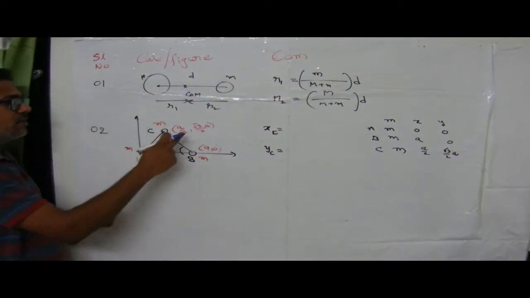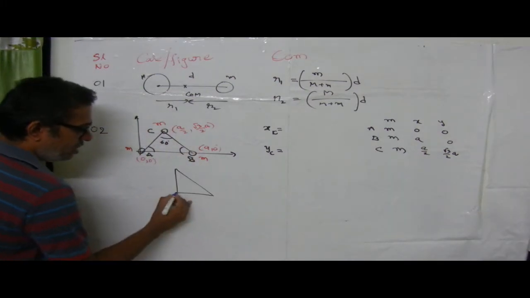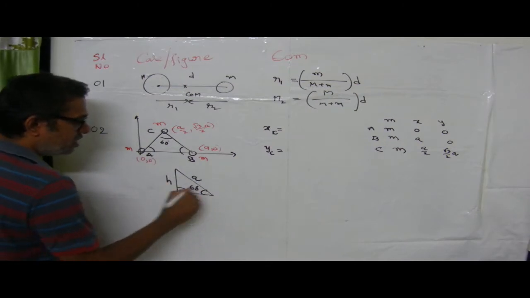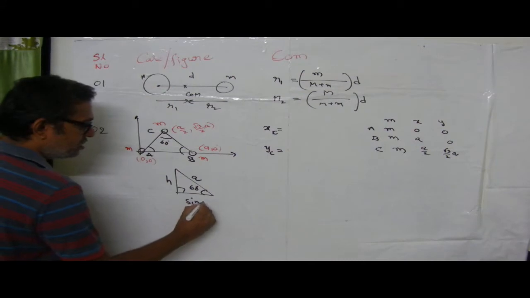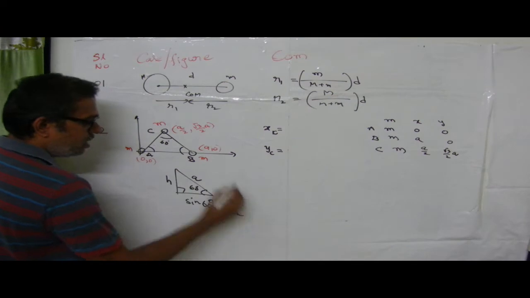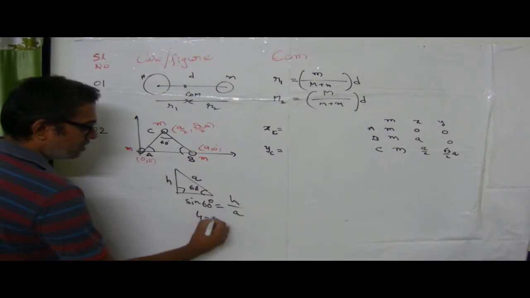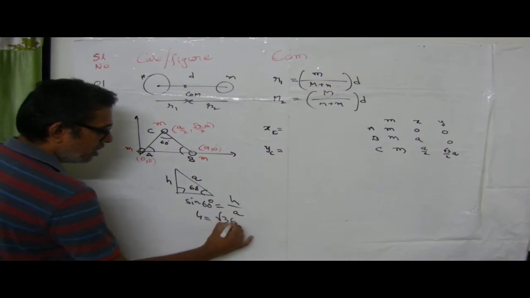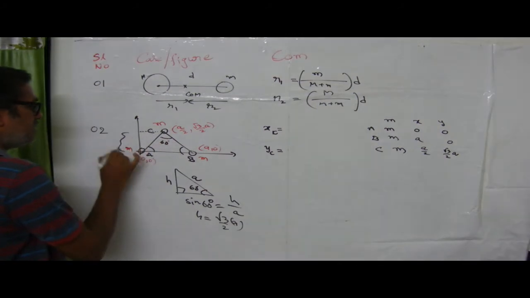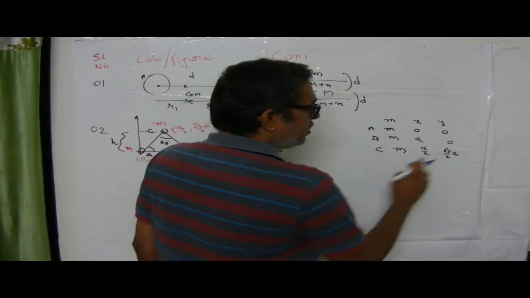We may get a doubt. Sir, how is it root 3 by 2 a? My dear friends, look here. When you prepare a right angle triangle, this is the height of the triangle, this is side a, and here 60 degrees is given. Let us take sine 60. Sine 60 degrees is equal to, what do you write down? Opposite side by hypotenuse. So you can write h is equal to root 3 by 2 into a. Therefore this C position is at a height of h in the figure. Now that h will be equal to root 3 by 2 into a, as we wrote.